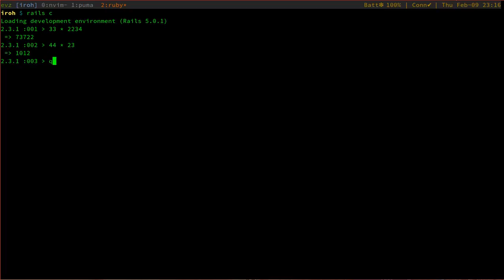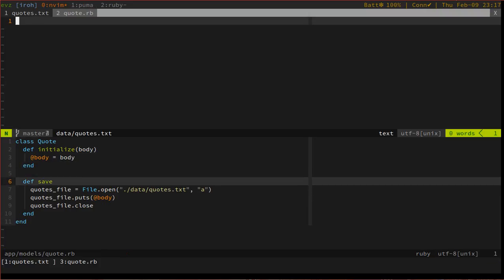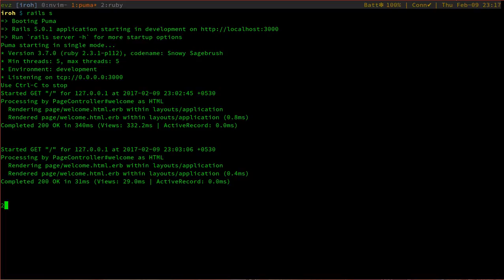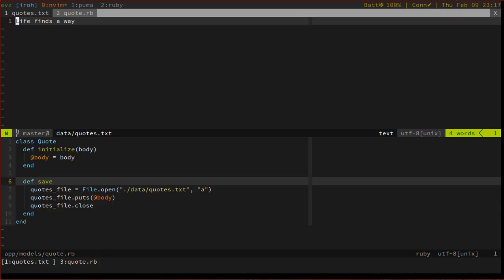Now we have a class called Code, which takes a body. So it says life finds a way. We'll save this in q, and if we say q.save and go to the codes file and refresh the data, you see it says life finds a way. And if I create a new code, patience is awesome, and if I save that, and if I reload this file,